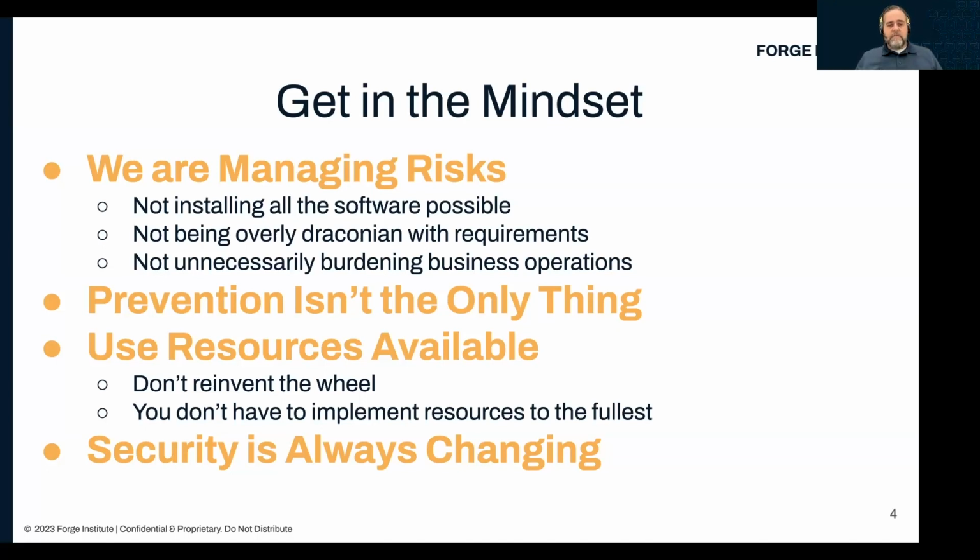Also, from the last time we talked about different ways to manage risk, prevention is not the only thing that we have out there. We can also mitigate. So when we talk about prevention, we're talking about remediation. So that's kind of all the risk goes away. But we also have other options like mitigation, where we reduce the risk. Maybe we reduce it to an acceptable level, and then we just accept the remaining risk.